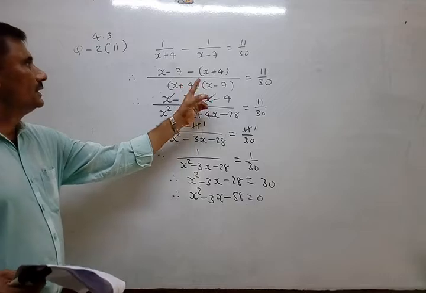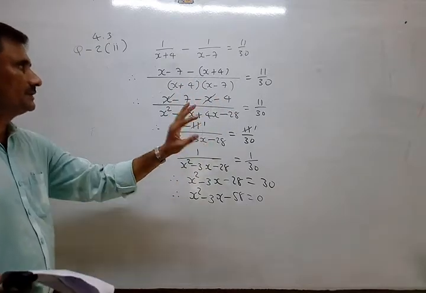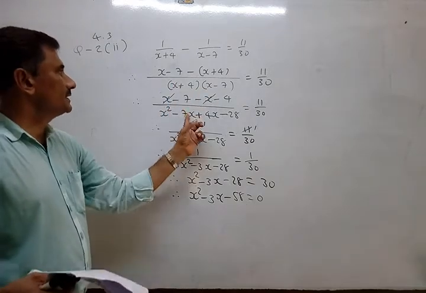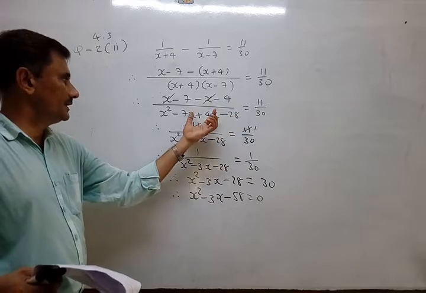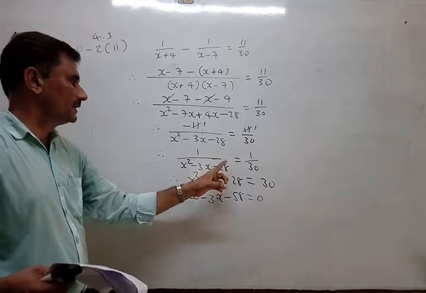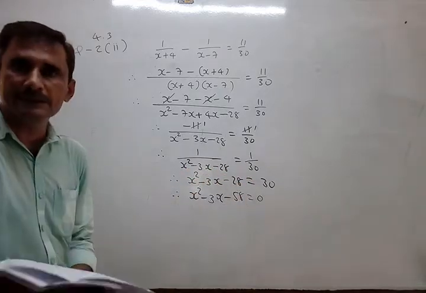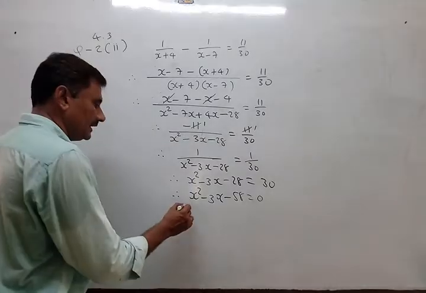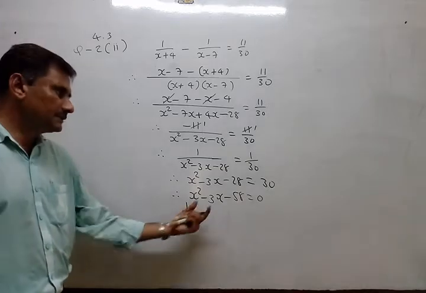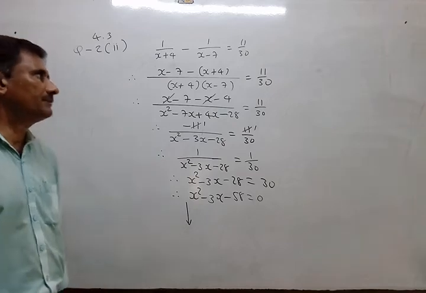Okay, so here first of all minus x minus 4, so x cancels, minus 7 minus 4 is minus 11, that is right. Okay. Now write down here x square minus 7x plus 4x minus 28. So minus 3x minus 28. Now everything is right. Okay. Cross way multiply, so it remains the same. This. Now you have to multiply this. Sorry, you have to solve this by any method. So this will be homework. Okay. This will be homework. Understand? But by any one method you have to solve it.